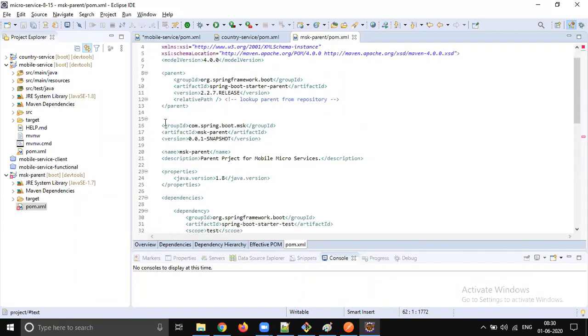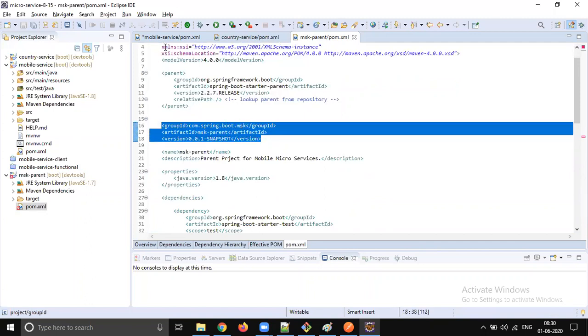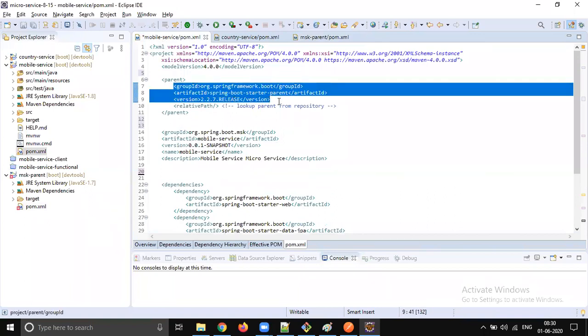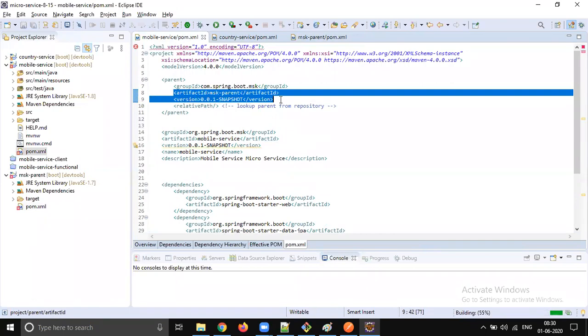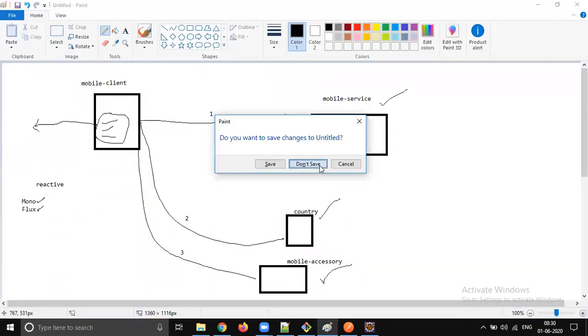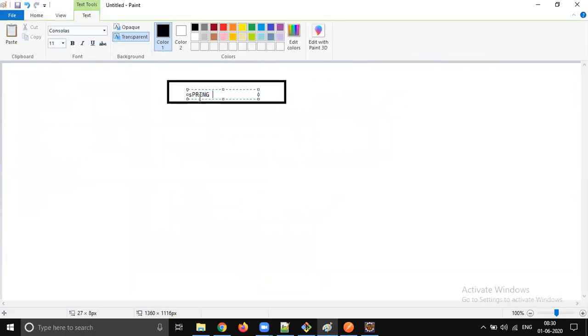Now let's make our MSK parent, right? So let's make our MSK parent the parent to the service. So we created some kind of hierarchy now. The root parent is the Spring Boot parent.